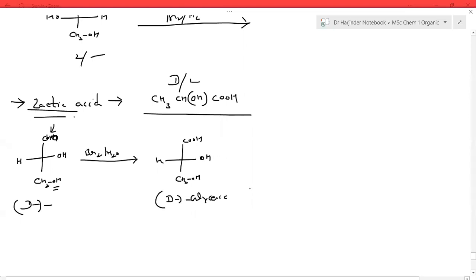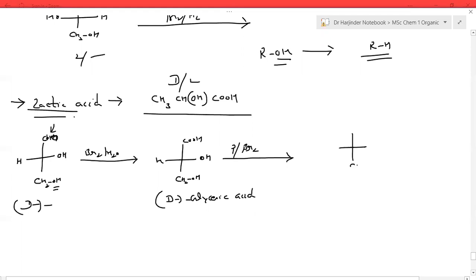Now you want to remove this hydroxyl group. So what will you do? Suppose you have an alcohol and you want to convert this alcohol into an alkane. So how can you do this conversion? Reduction, but first of all you can't directly convert this OH into an alkane. Alcohols can't be directly converted into alkanes. So first of all you have to convert them into alkyl halides, and after that you have to do reduction. So we simply treat it with phosphorus and bromine.